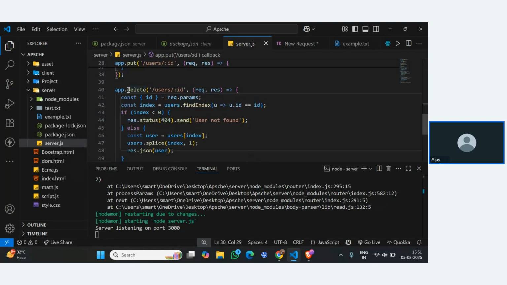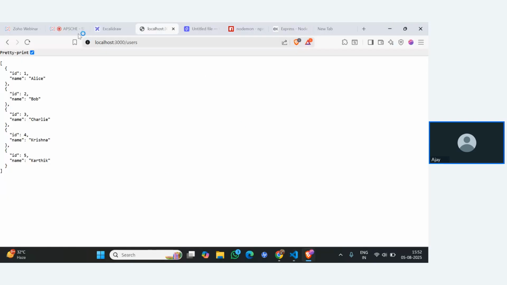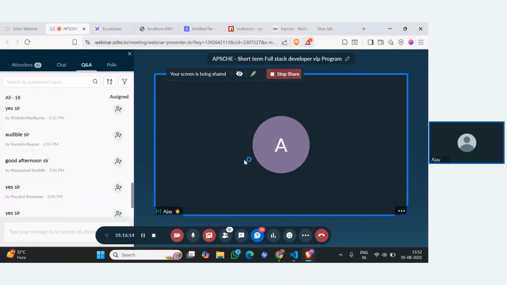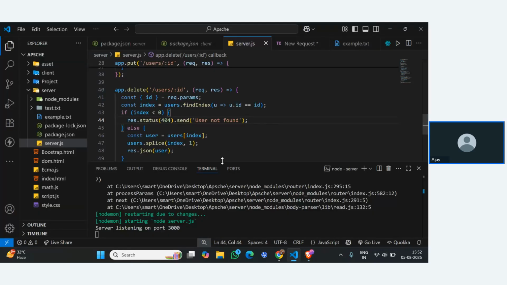Similarly, you can delete the data also. We will use splice for delete. If the data matches, you will first match the data, and if it matches inside our array, then we will delete that data. If it does not match, user not found. Okay. Got it, everyone? So this is a way to create a basic